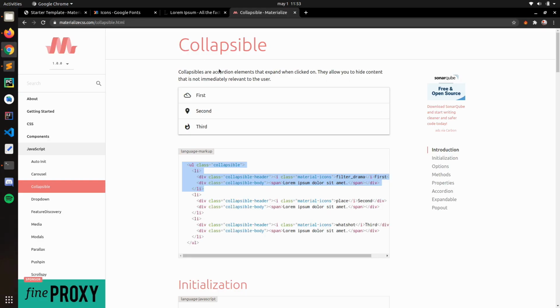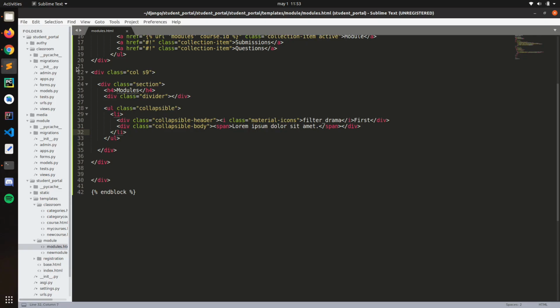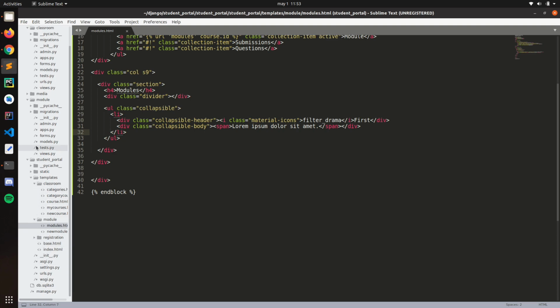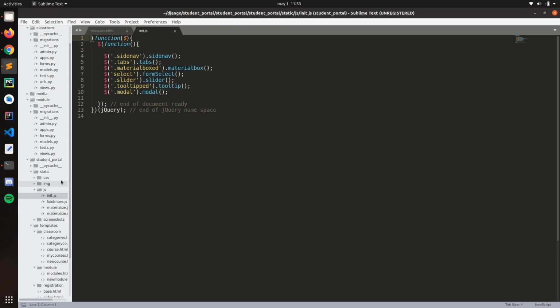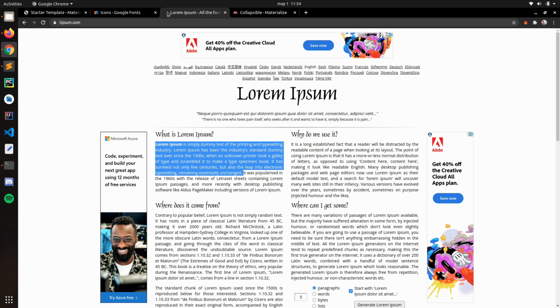It says here we need to add this to the JavaScript file to initialize it. So let's go to the static JavaScript init, and let's put it here. Save, and then